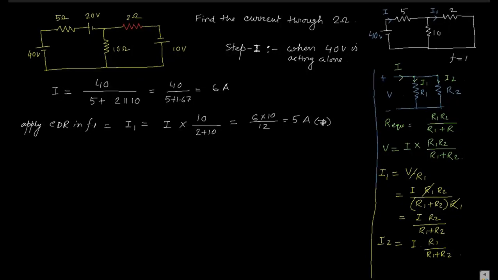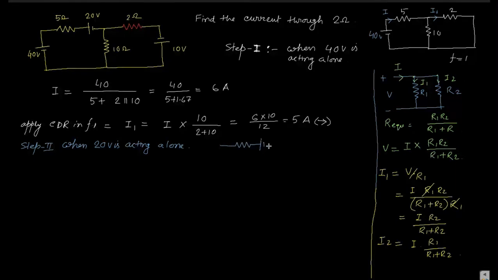Okay. Now you have to find out the second step. What is the second step? The second step is when 20 volt is acting alone, which means make the 40 volt and 10 volt omitted. So what is the diagram for it? The diagram becomes